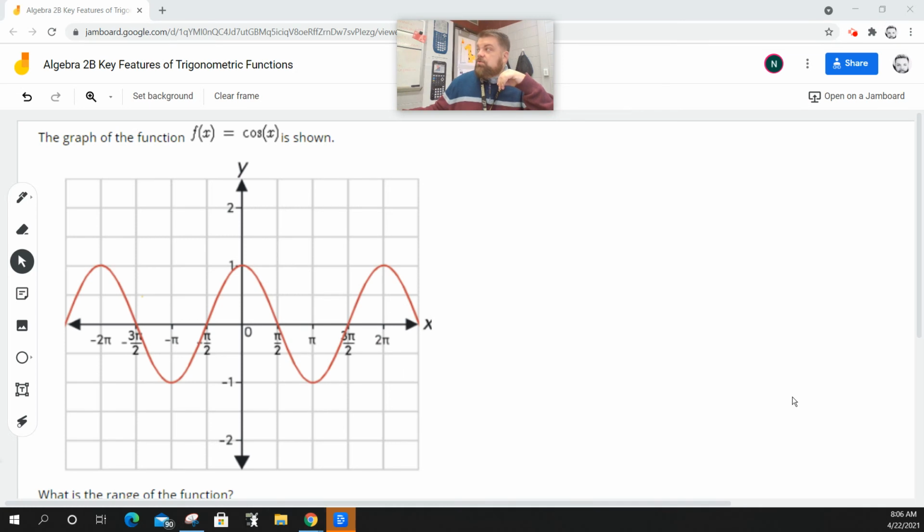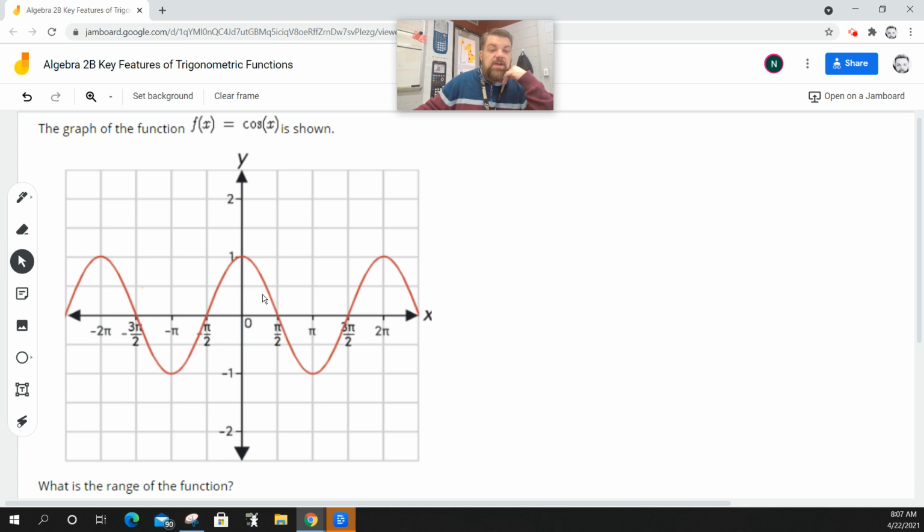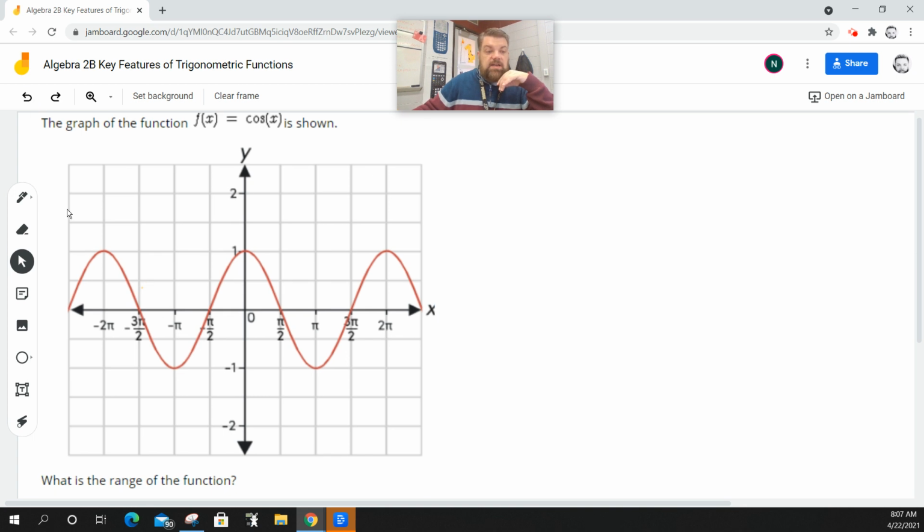So now on this next question, we have the parent function of cosine, just basic cosine, and they want to know what's the range of this thing. Well, the range, if you remember, is the possible y values, right? So